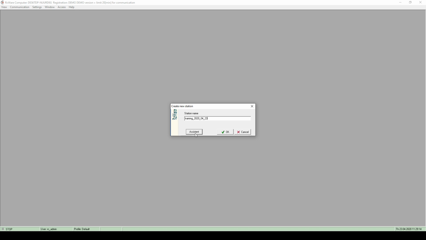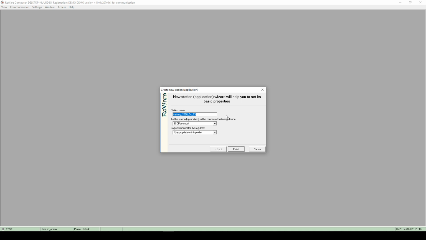It will show me some walkthrough. So here, okay, new application, the wizard will help you to set its basic properties. So there is a station name. I will choose the protocol for communication with devices. This is very important for your SCADA